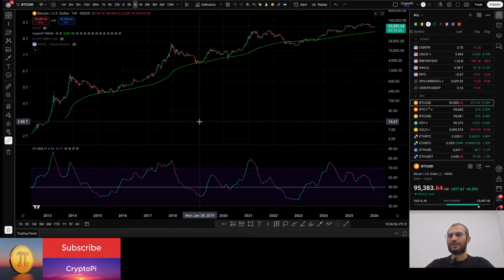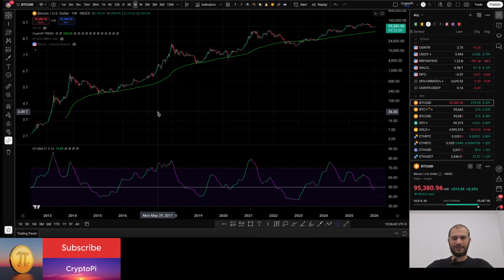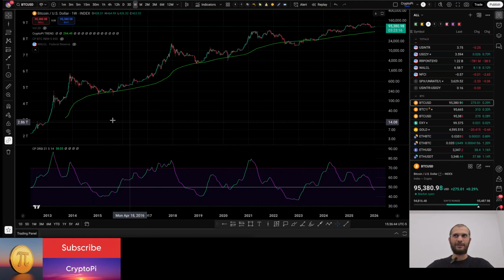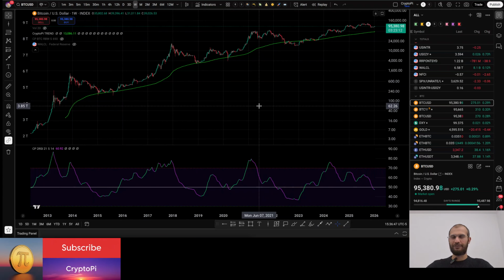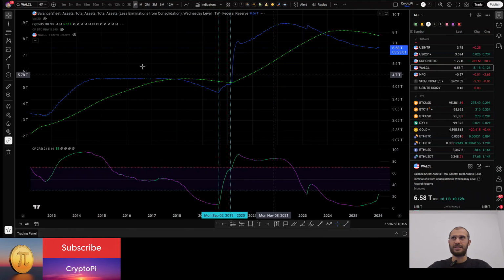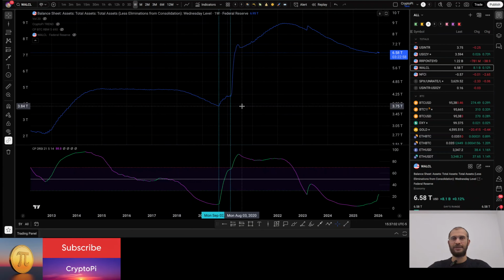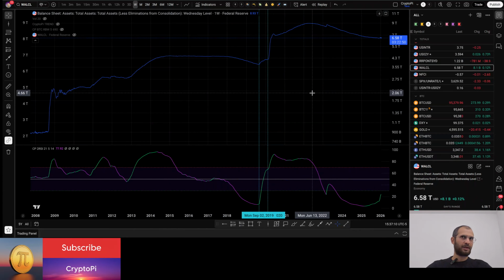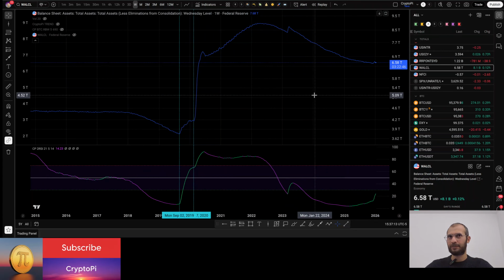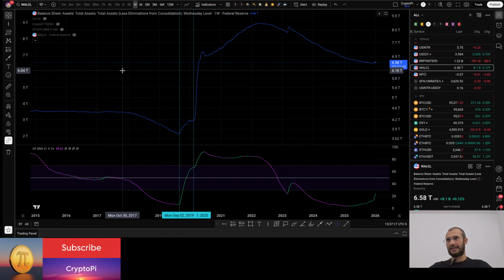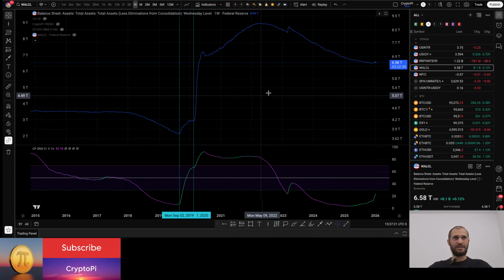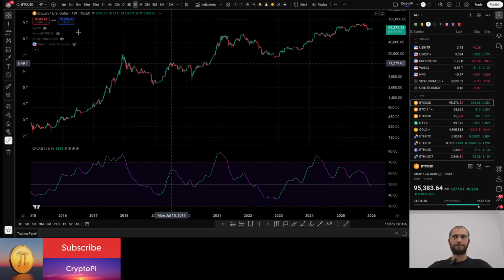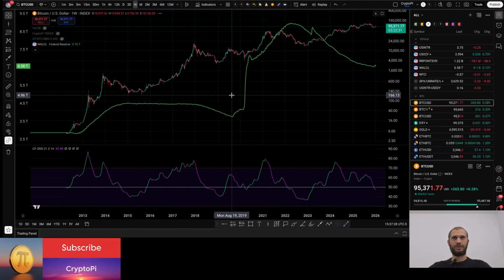Alright, good. So what we are looking at here is Bitcoin in its dollar pair, the green dotted line is the 200-week moving average, and at the bottom is the RSI. What I want to show today is overlapping this chart with the Fed's balance sheet, which you might have seen in a couple of other videos by other people sharing how the Fed's monetary policy is changing. I'm simply going to add it over the Bitcoin chart.